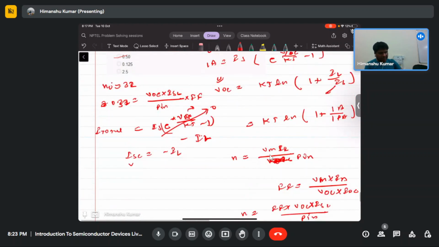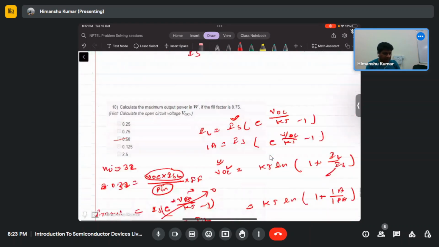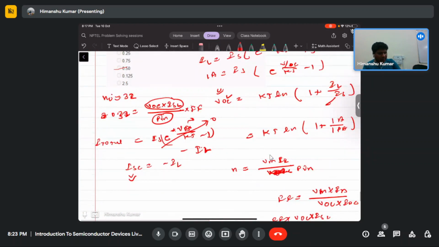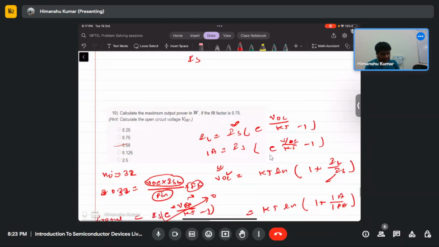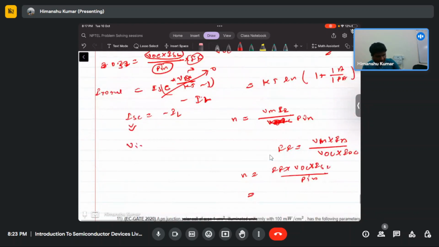So now we find the ISC, VOC, we can put in here the input power, and we can calculate for the fill factor we are provided. Then we are given the efficiency, so we can calculate the input power, right? Just by input power will be VOC times ISC divided by 0.432 multiplied by fill factor. Is that clear?